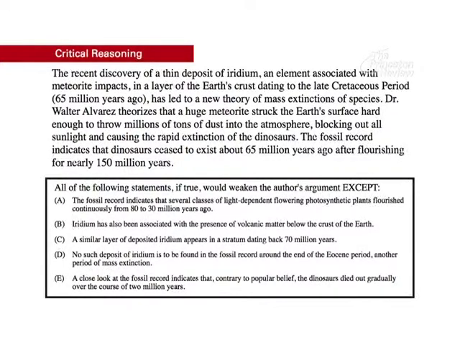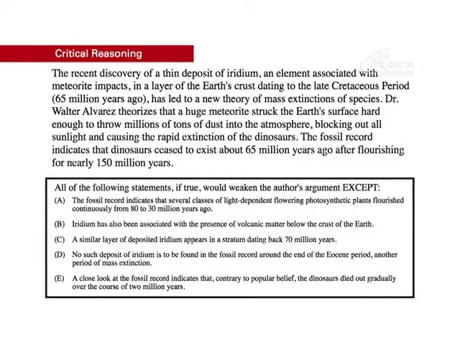Dr. Walter Alvarez theorizes that a huge meteorite struck the Earth's surface hard enough to throw millions of tons of dust into the atmosphere, blocking out all sunlight and causing the rapid extinction of the dinosaurs. The fossil record indicates that dinosaurs ceased to exist about 65 million years ago after flourishing for nearly 150 million years. All of the following statements, if true, would weaken the author's argument except